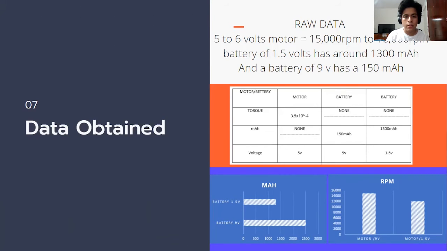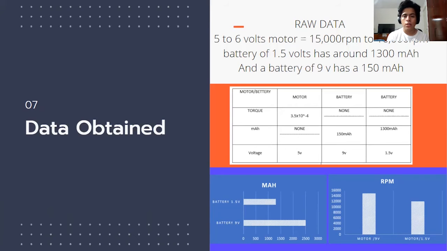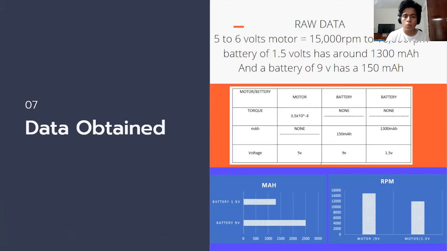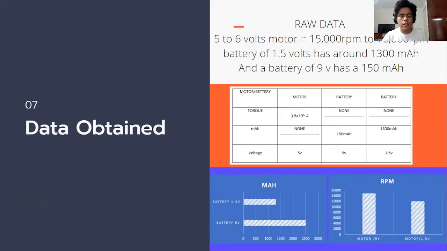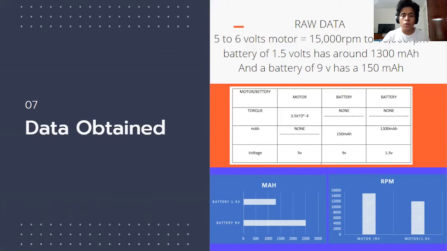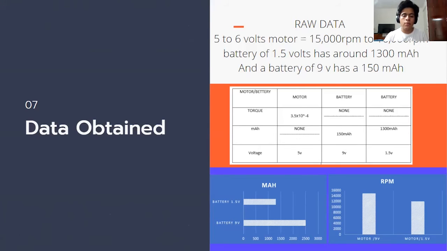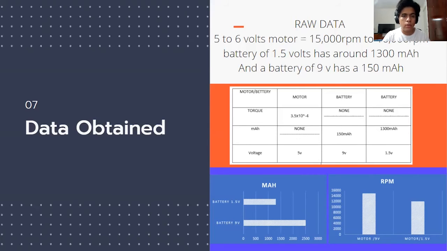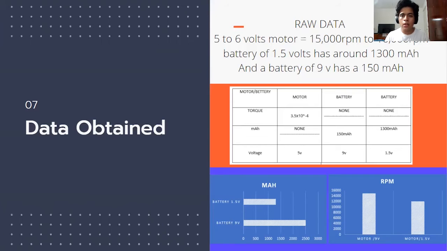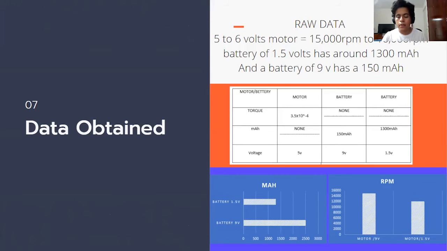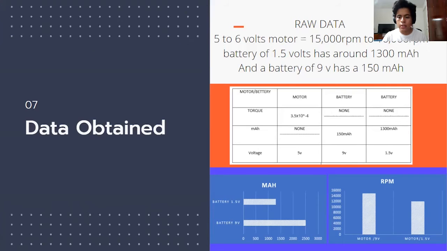The first one is the battery of 1.5 volts, which, from the investigation, I saw could reach just 1,300 milliamperes. And in my last investigation, I found that the 9 volt battery could reach a maximum of 2,500 milliamperes. That is the power they can give when they are plugged in, for example, to the motors. And as for the revolutions per minute that I have in the motors, as we can see,